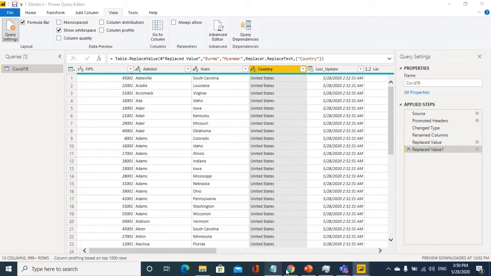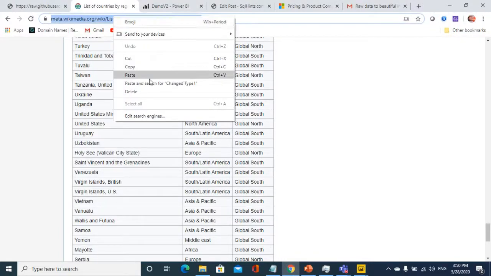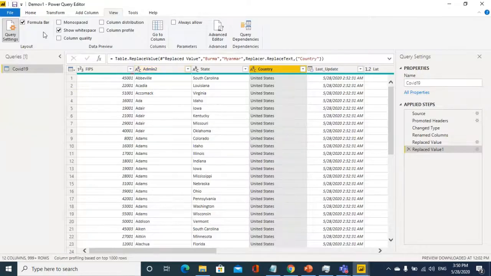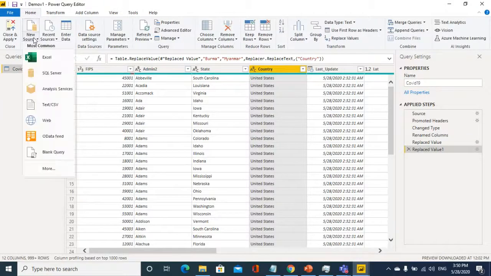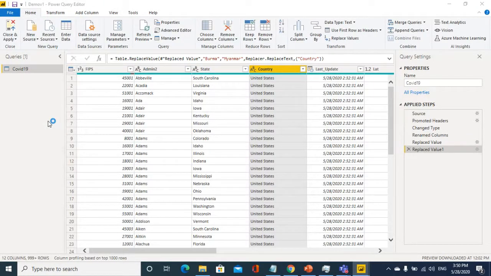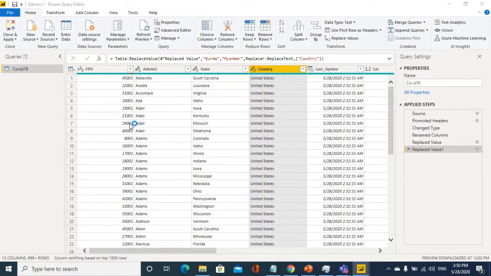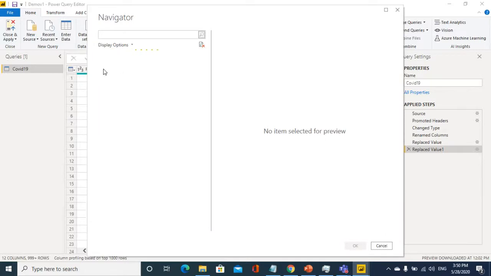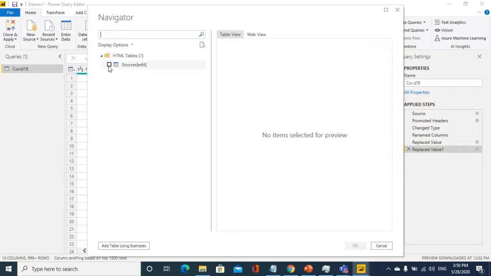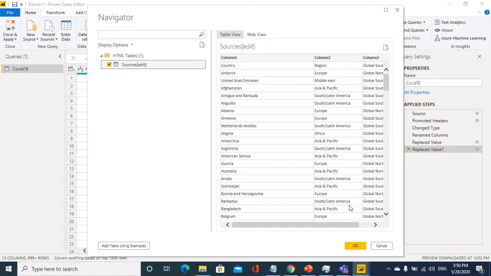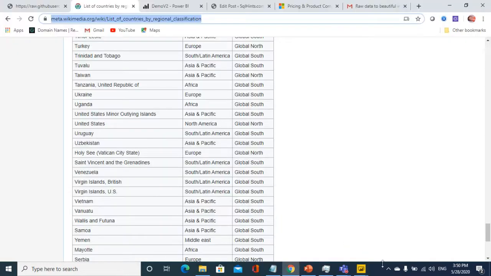Now let's import the other dataset, the countries dataset. Copy, import it. So let's take this data.